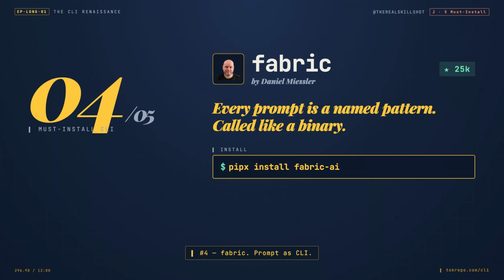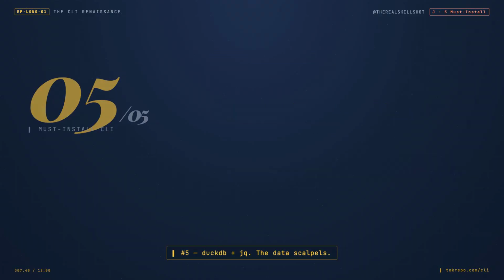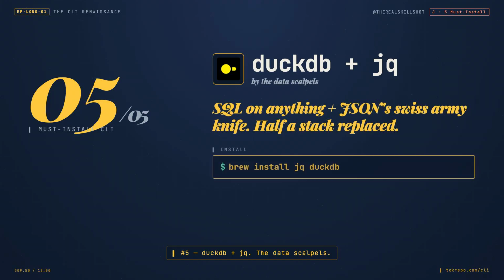Every prompt is a named pattern, called like a binary. 200 patterns shipped, hundreds more from the community. Install, pipx install fabric-ai. Fifth, and these are technically two but inseparable in practice, DuckDB and JQ, the agent's data